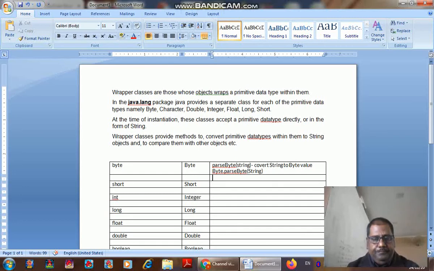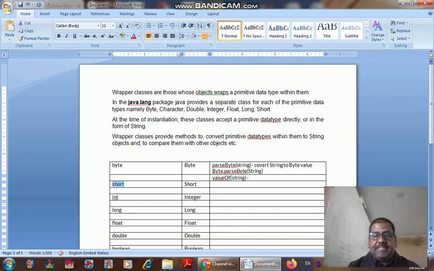Similarly, we have the function valueOf. Value is written in small letters, and the O of Of is written in capital, and again we have to pass a string value into it.